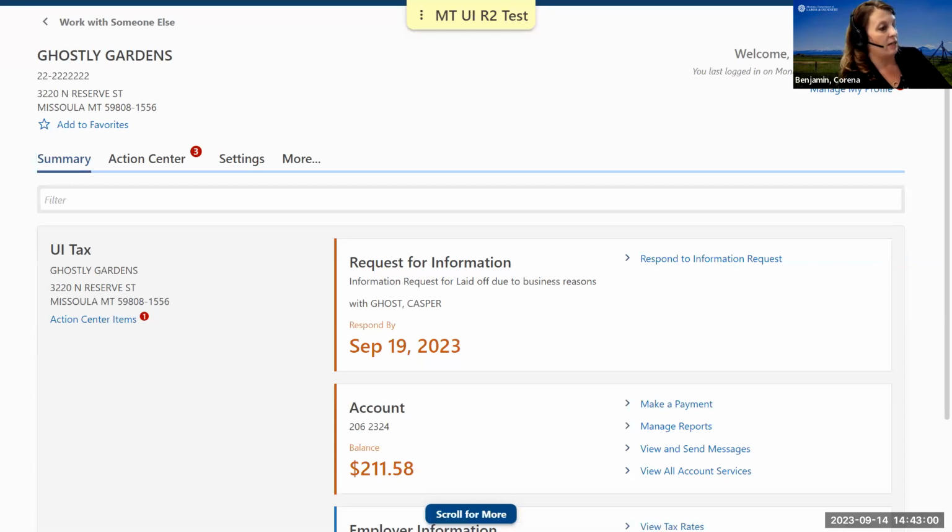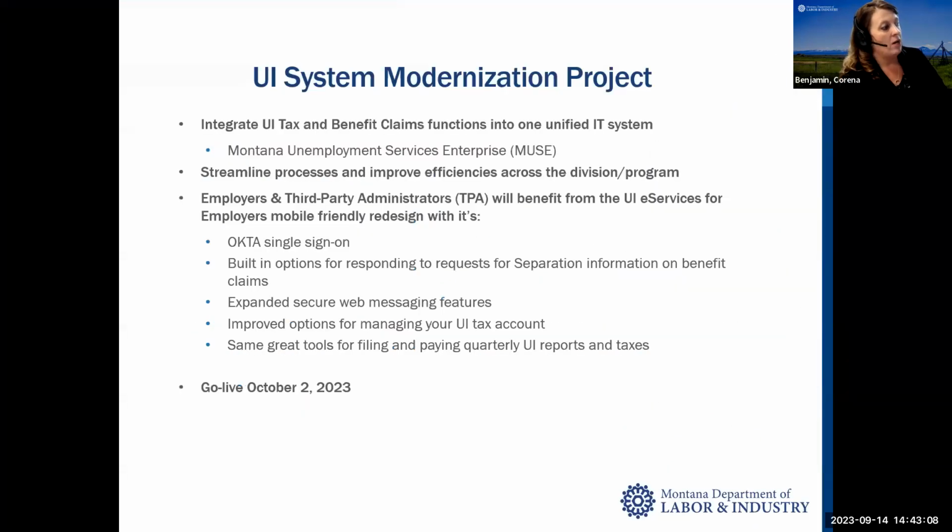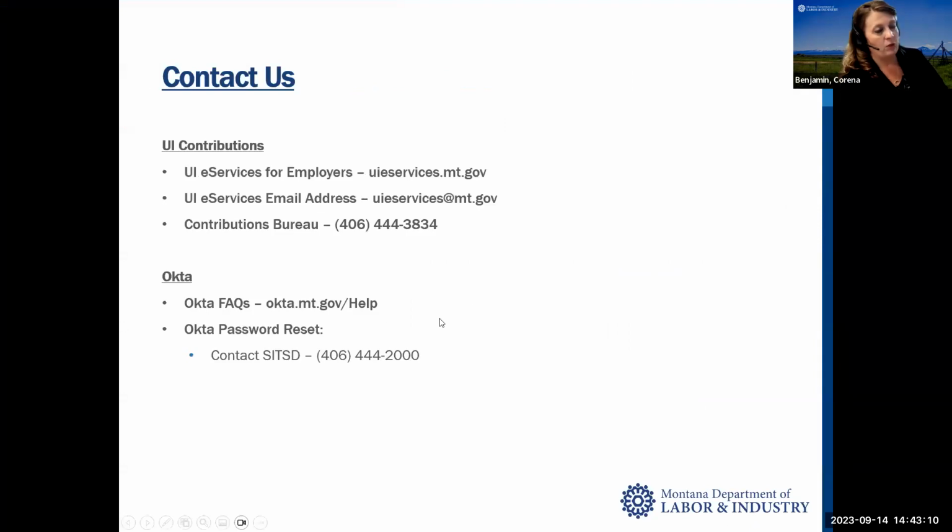Obviously, if you get new clients down the road, we'll need an authorization for those. But your existing clients that you have today, all of that is going to be attached to your login tomorrow. So I know there's a little bit of confusion with the Okta stuff. You're not really creating a new logon into eServices. You're going to use your existing logon that you have for eServices, and you're going to connect it to an